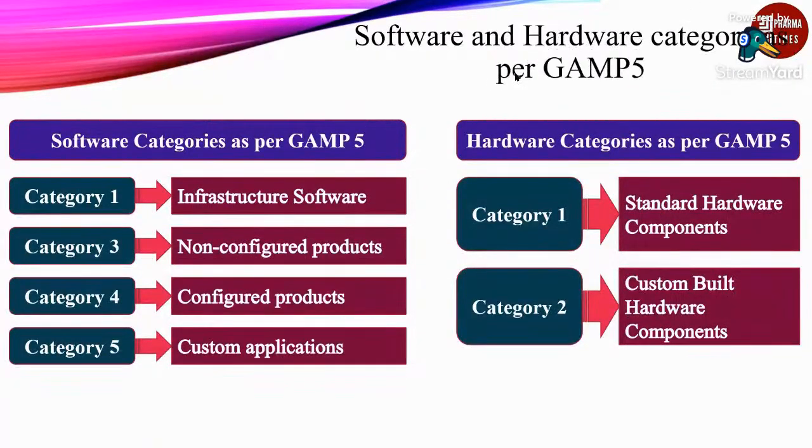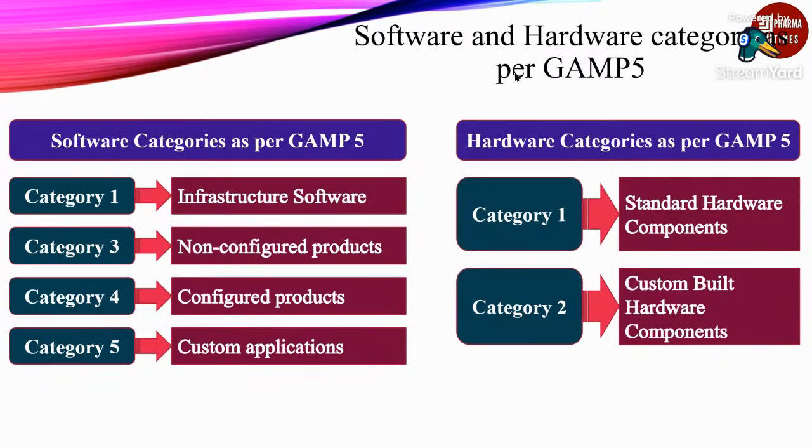So the software categories as per GAMP 5: category 1, category 2 is obsolete, no longer used in GAMP 5. So afterwards category 1, then category 3, category 4, and category 5. Category 1 is infrastructure software, for example an operating system. Category 3, non-configured products, products which are ready to use, like laboratory instruments. Then category 4, configured products,